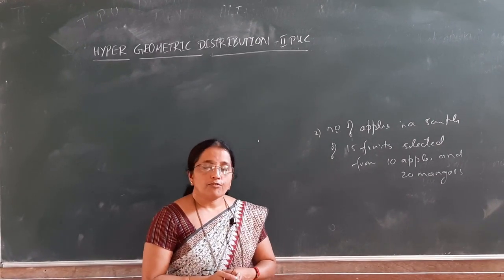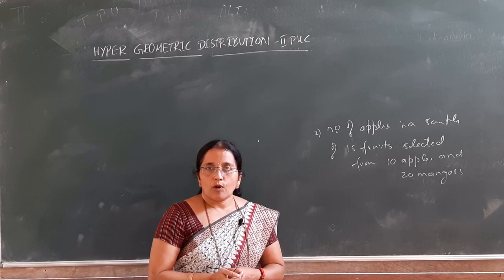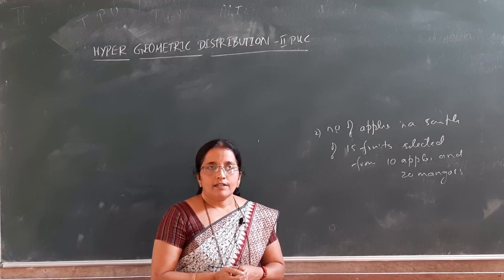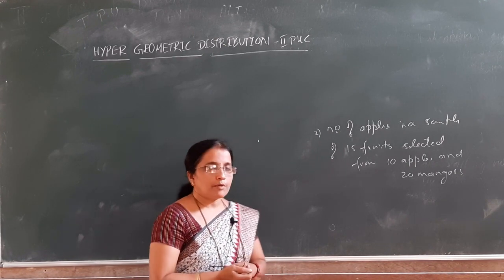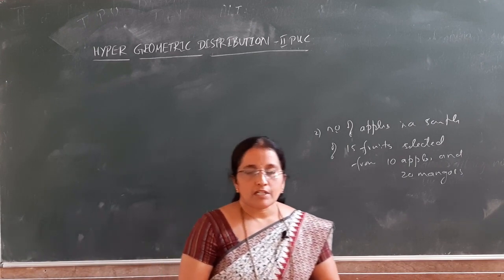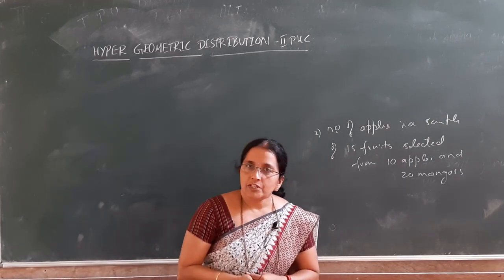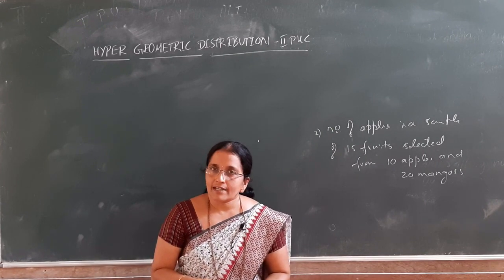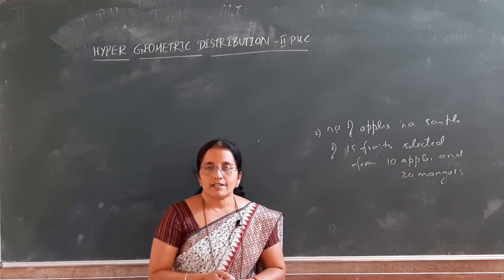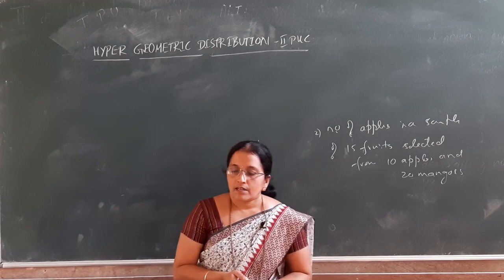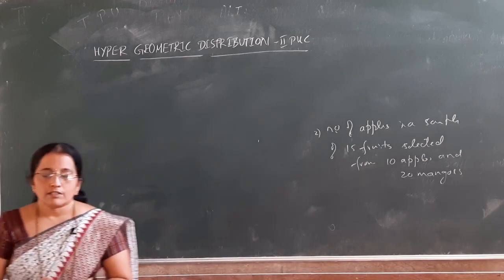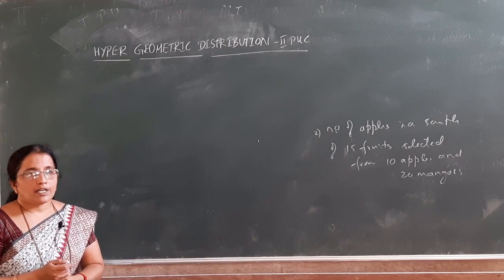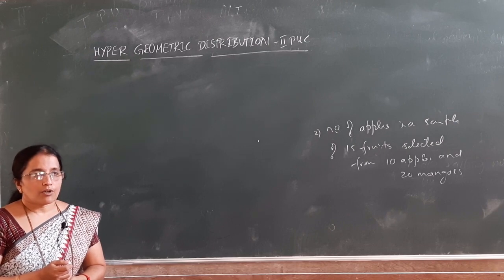Similarly, we can write the number of vegetarians in a sample of 5 people selected from 10 men and 20 women. Like that, we can frame any number of examples for hypergeometric variate. It is a 1 mark question: what are the parameters of hypergeometric distribution? The parameters are a, b and n, and always n is less than or equal to a plus b. One more feature we have seen: this hypergeometric distribution tends to binomial distribution when a plus b tends to infinity, and so on.